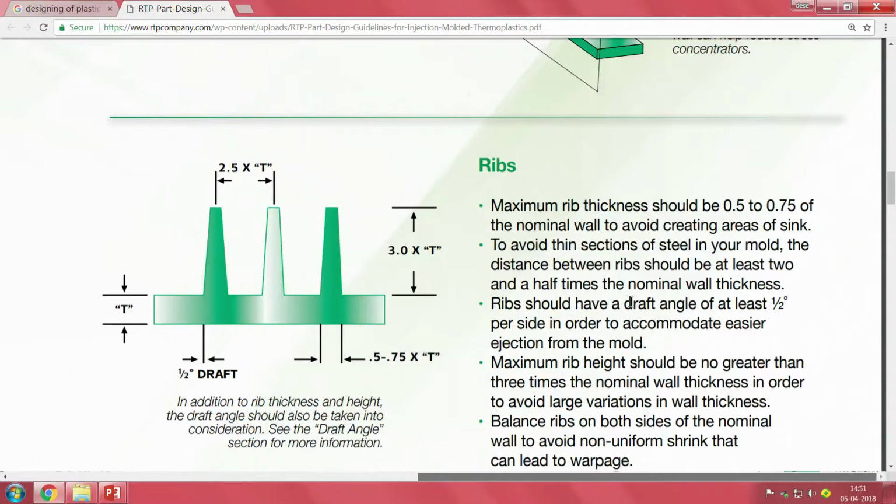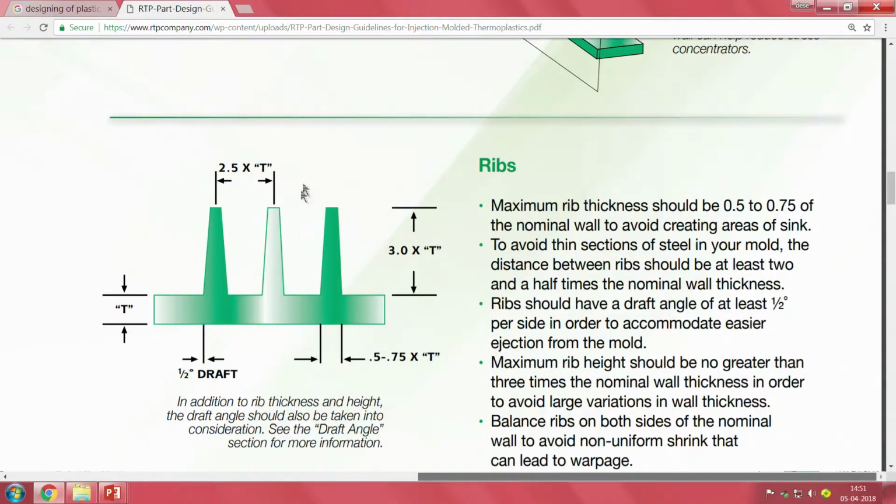The base is somewhat known. That lid, the particular way it bends and how the lip is created to make it water and airtight, has been worked out in detail. Unfortunately, that same rule cannot be applied in case we want to make a rapid prototyping part. So, you just need to be familiar with all this data saying how you make a rib. Here they have given that a rib has a half degree draft, but in our case you will not have a half degree draft.